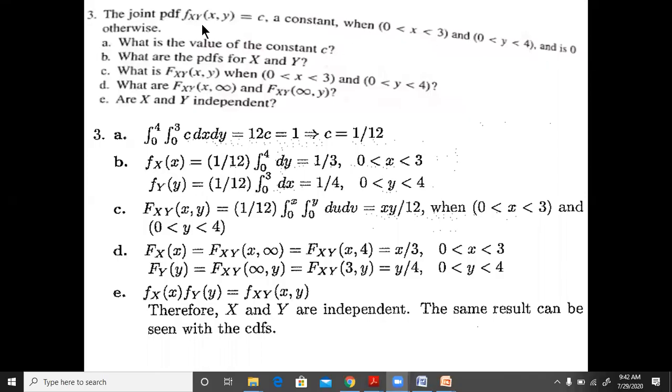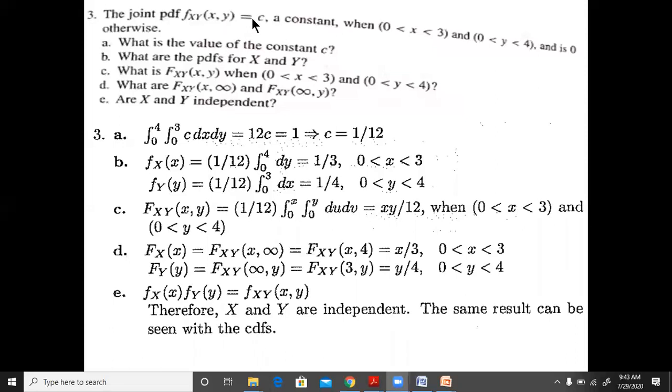So we are in module 2 of chapter 3 of the probability and statistics book, and we are trying to solve some of the numericals. Already these are there in the normal class videos, but still, we will try to clarify if there are doubts. So the third problem here is the joint PDF f of x, y